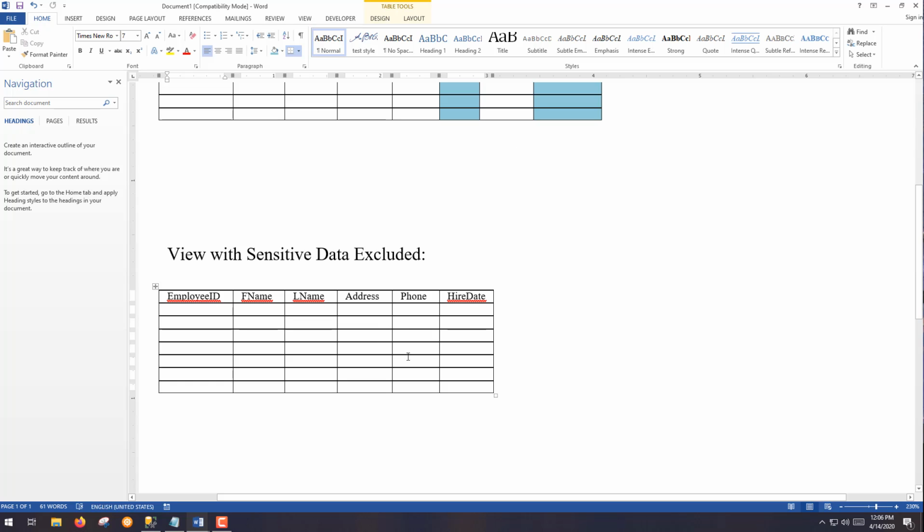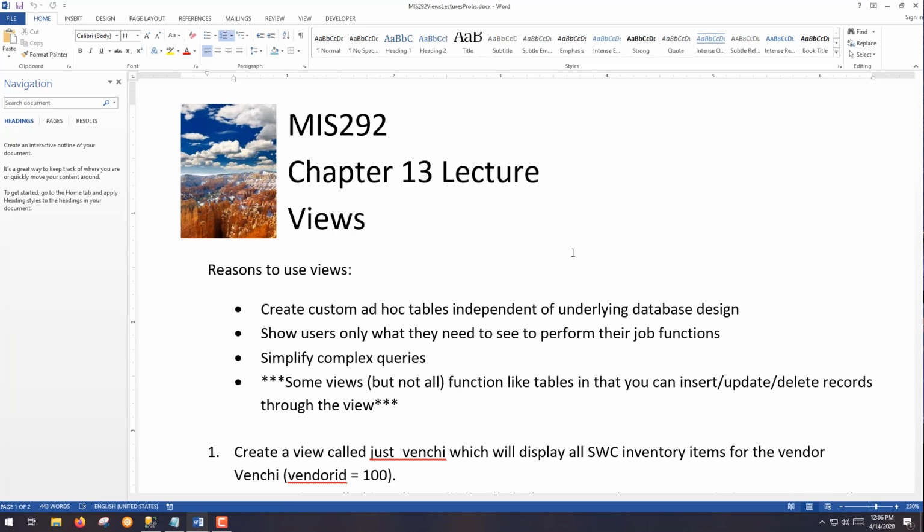And he or she can also treat this like a table. To the user, it's transparent. The user is going to think they're just looking at an employee table and these are the columns. They don't need to know that there are some hidden columns that they're not seeing. So with that in mind, let's look at our